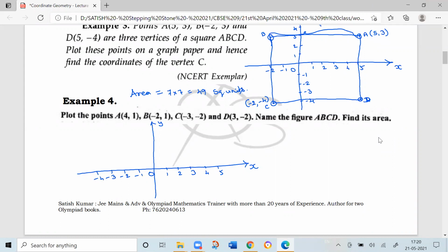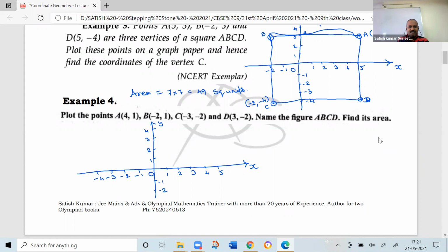Sir, is it a triangle? No, it can't be. 4 vertices are there, no? Yeah. Sir, it's a trapezium. Check. Is it a trapezium? Or specifically, what can you say? Isosceles trapezium. Sure, check properly.